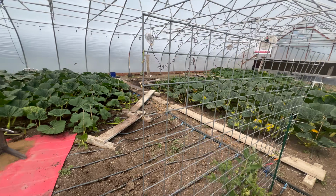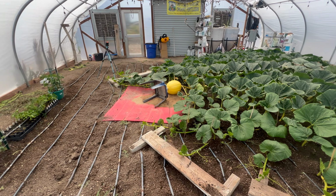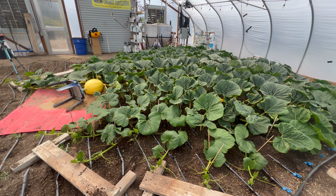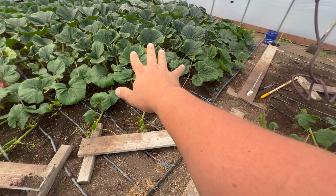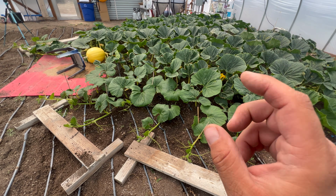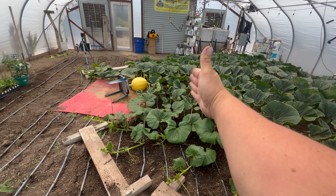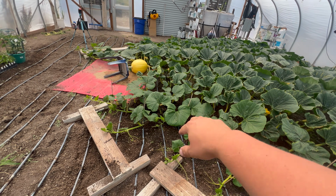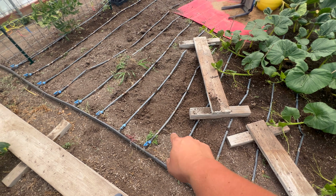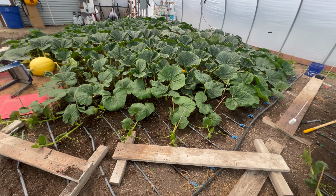So the pumpkin's looking really good on, I think, July 1st. That'll be 20 days old, but it's on track to be the biggest day 20 I've ever had, which ultimately means nothing, but it's kind of cool. So these 2 plants right here are the ones that I had the leaf burn issues, more so the vine tips burned. So a lot of this growth here is tertiary. I kind of let the secondaries grow out, and then as the tertiary poked out, I'm wrapping those around so that we can still fill in this spot right here. I really only have 1, 2, 3, 4, 5, 6, 7 feet left of space to fill in. In a few weeks that'll be